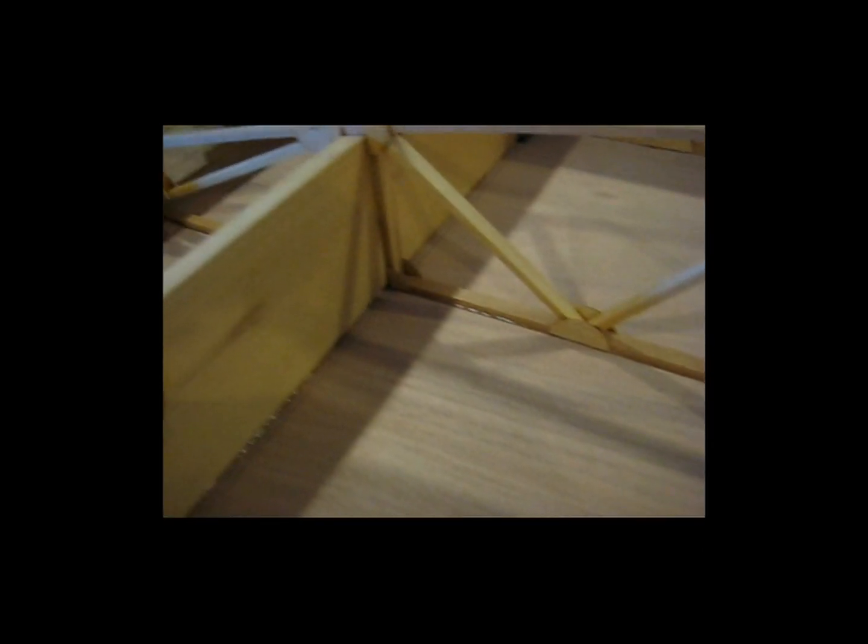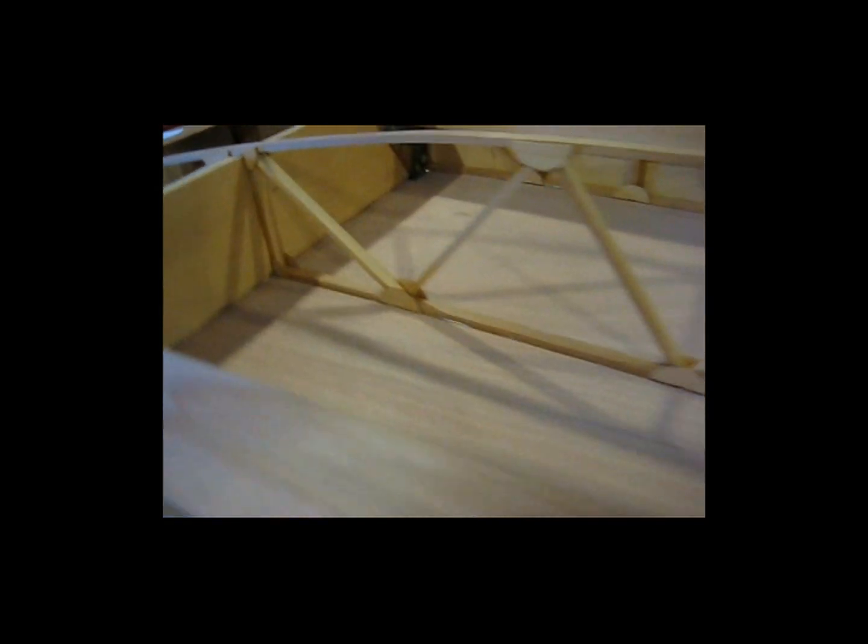And then, in front of the nose section, in the nose, the leading edge, here's another one of those plywood strips that I glued to my leading edge plywood, and then the floor plywood comes up to it. It actually lays on top of this as well and gets epoxied. So I had to add some fillers to get the floor plywood all on the same plane and get it attached around the whole perimeter. And then as far as the top goes,